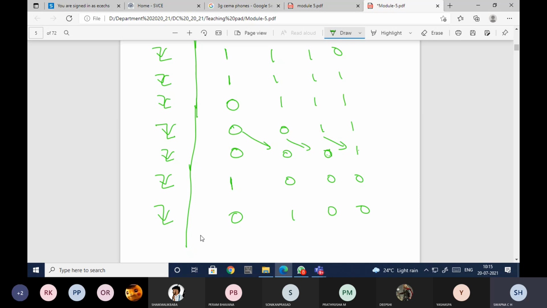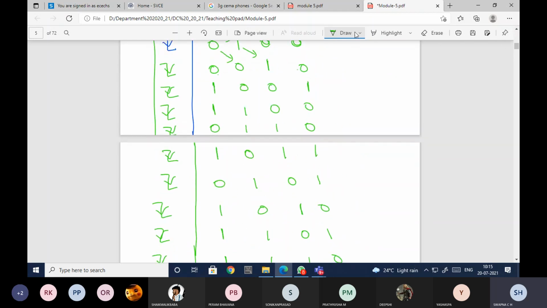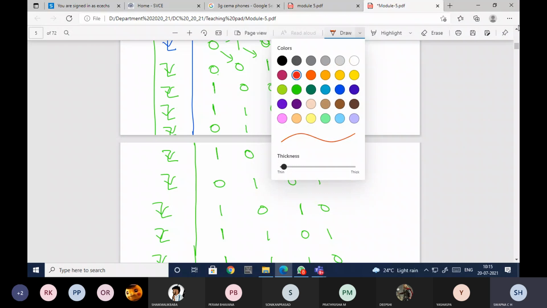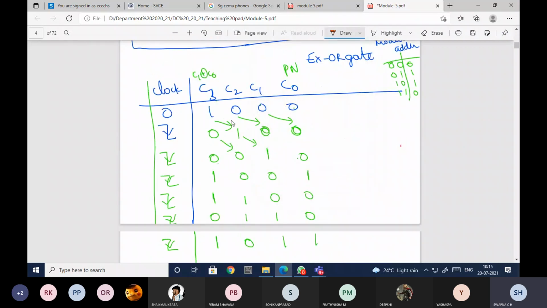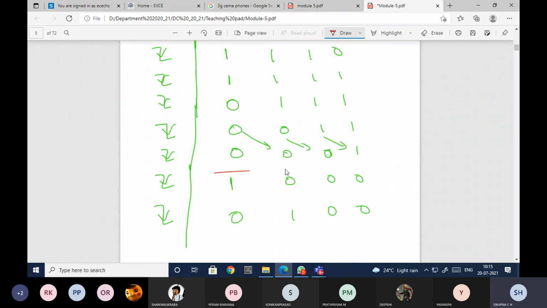Like that you can proceed. Now let me check what is happening. See here, what is my initial state? The initial state which I have considered is nothing but 1, 0, 0, 0. If you come back and check here, somewhere here I've got my sequence back. After this again it will repeat. That's why I have told that the PN sequence is a periodic sequence.